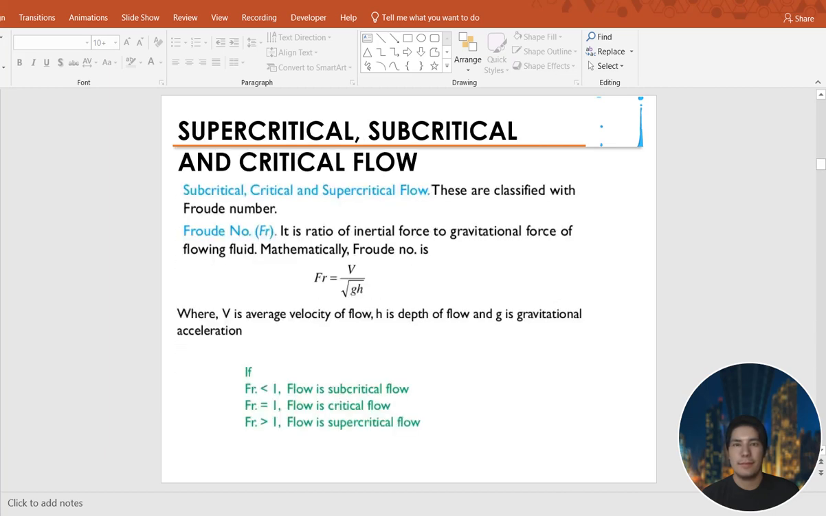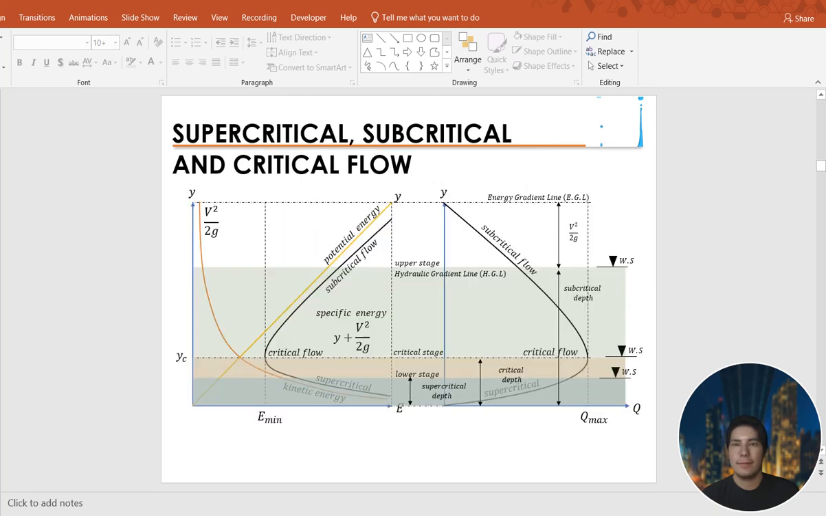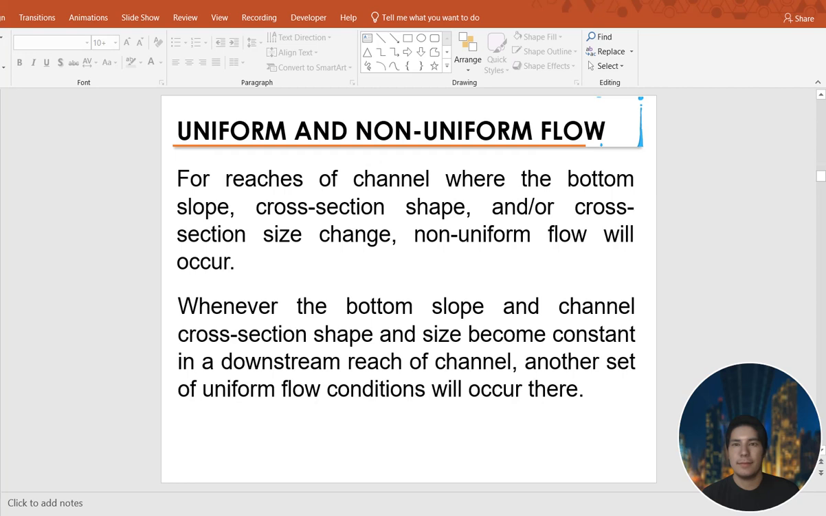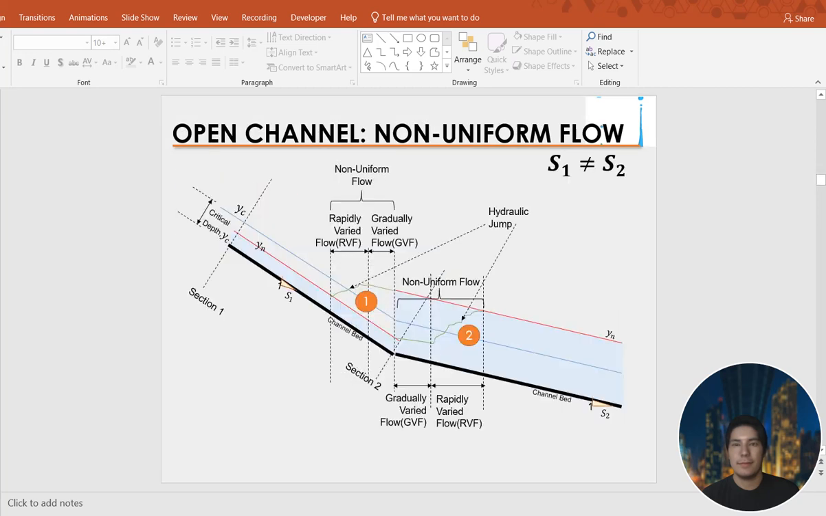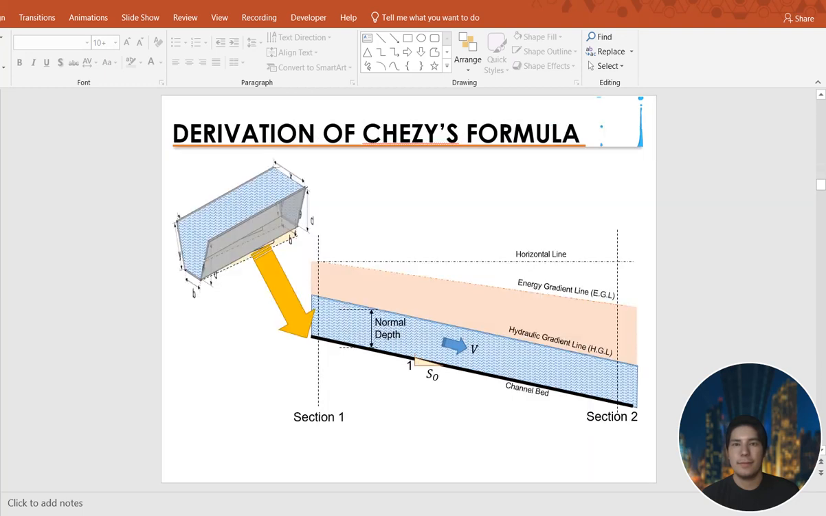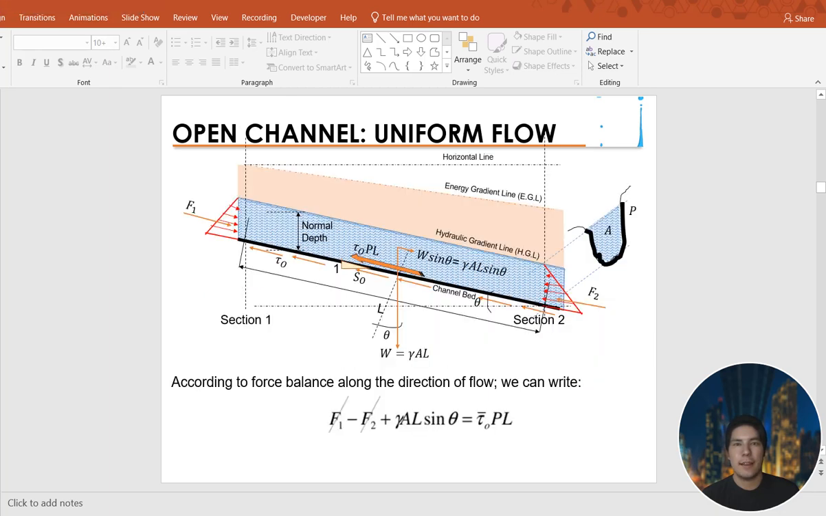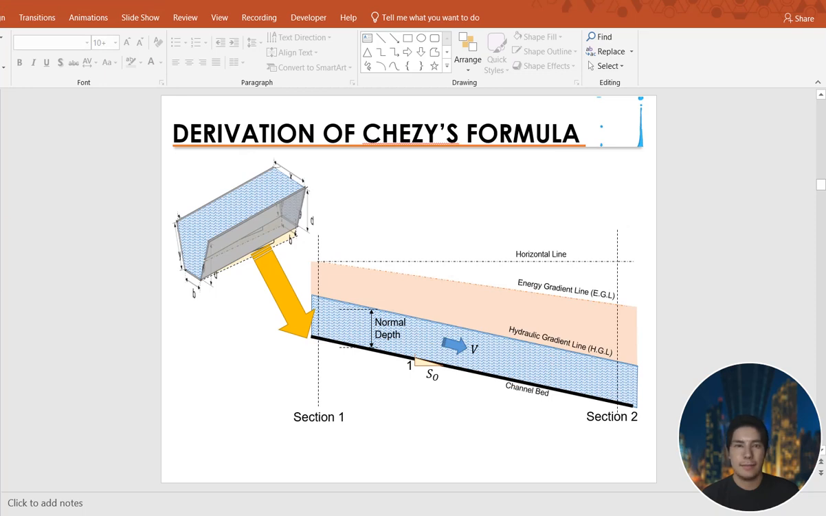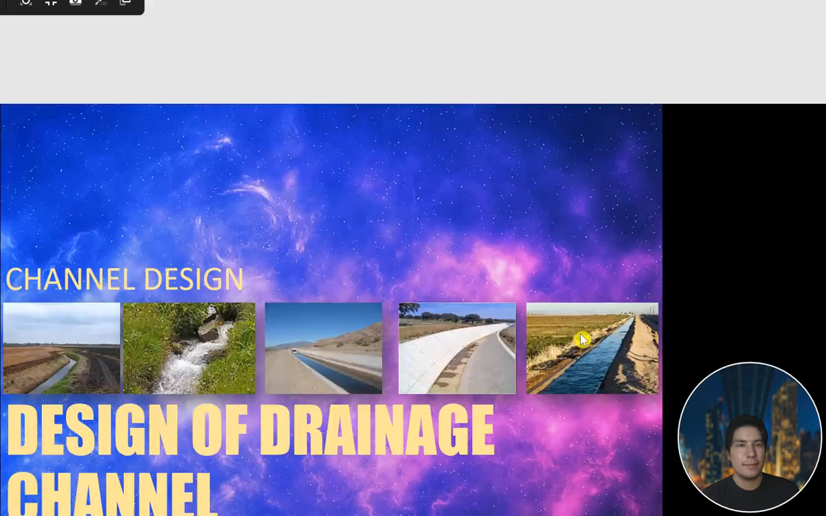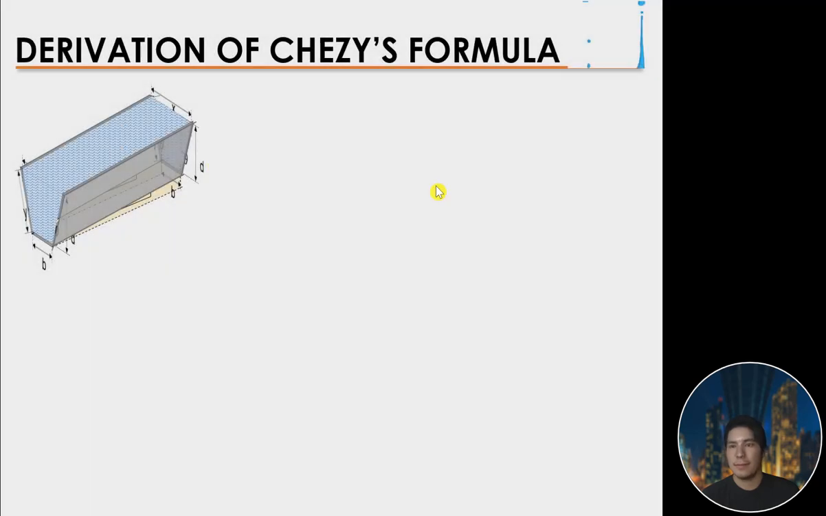Non-uniform flow. Okay, so dito tayo, no? Derivation of Chezy's formula. Okay, so